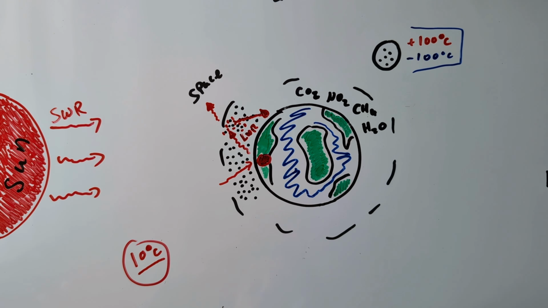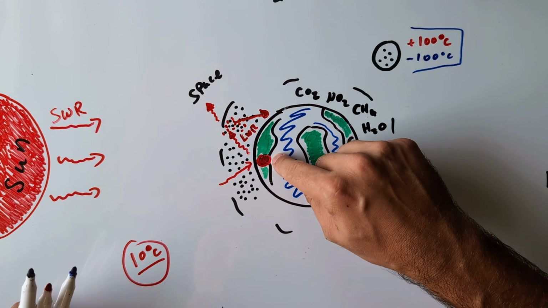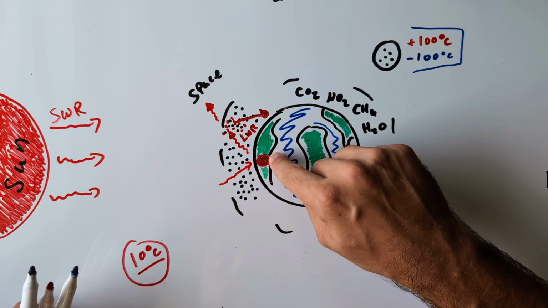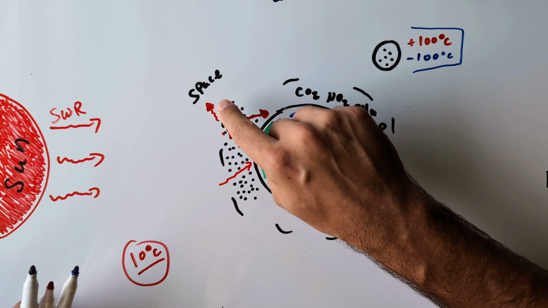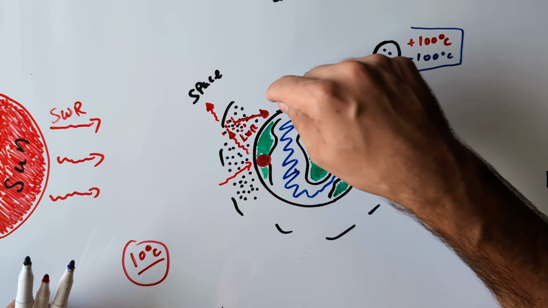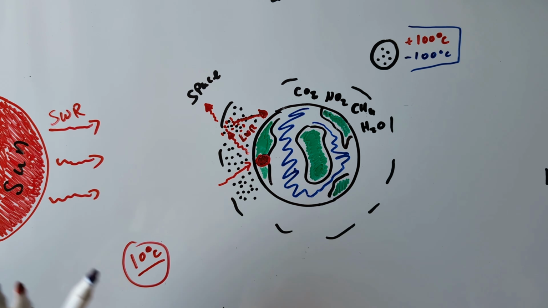So the words you need are shortwave radiation, emits, absorbs, re-radiates, long wave radiation, some escapes into space and some is trapped on Earth, okay? So it's actually quite a nice process.